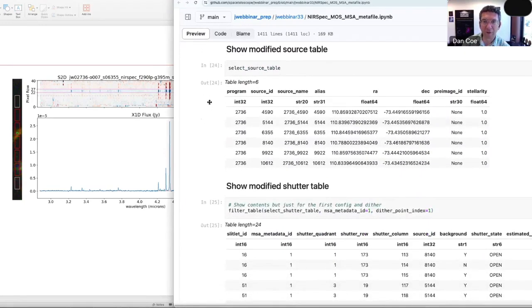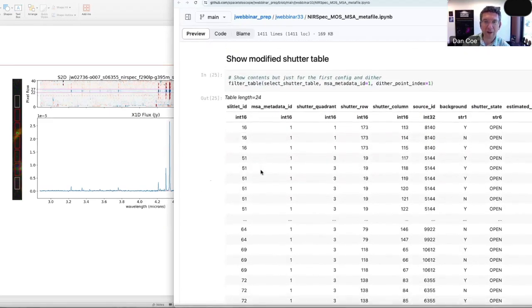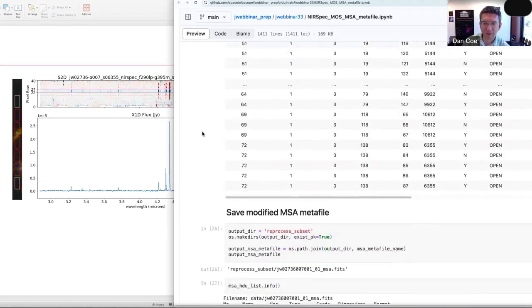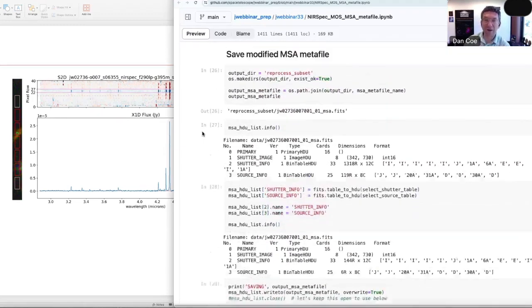All right, so here's our modified source table. It just has these 6 objects now in the catalog. And then we'll also show the modified shutter table. There are fewer slitlets now. And here we're just going to show a truncated version, filtered like we showed above. All right, so now here's where we save the modified MSA Metafile, just using some FITS functions here,